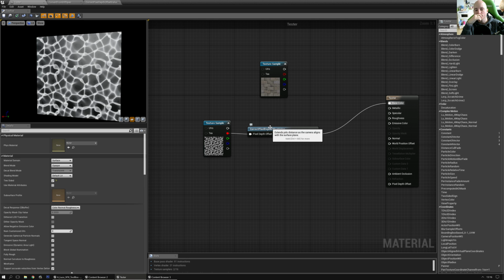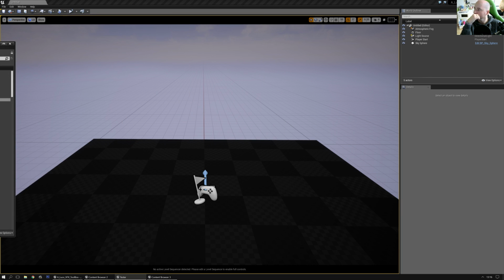Pixel depth offset distance as the camera lines up with the surface plane. Let's try it actually in